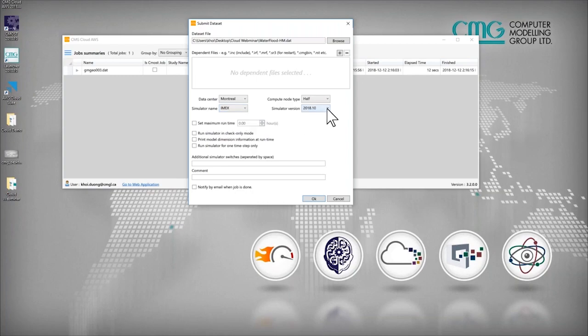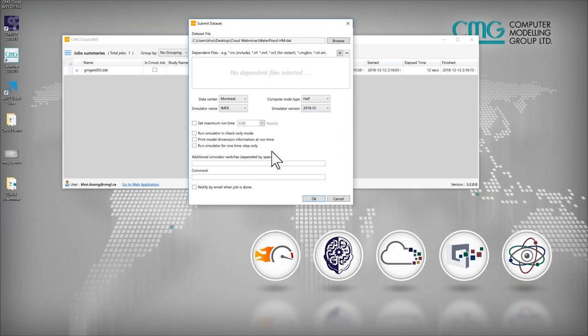Okay, and for the version, we keep a couple of versions on here. One note on the version is that you always have access to the latest version on the cloud. So without having to wait for IT to vet or to test it out, if on the cloud, you always have the latest version, which allows you to access the latest features, things like AutoTune or a new solver that helps you run your model a lot faster.